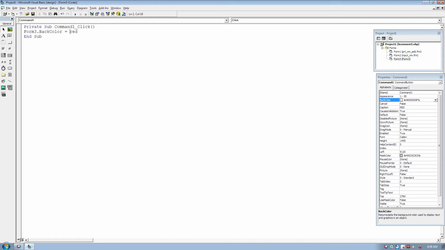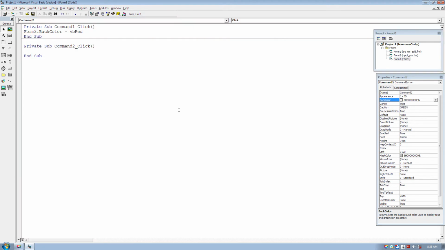It provides a list of color constants. I shall give you the list, but right now, VB red. As I typed vbRed, look, R has turned to capital automatically. That means the spelling is right. Form 3 dot back color is equal to vbRed.